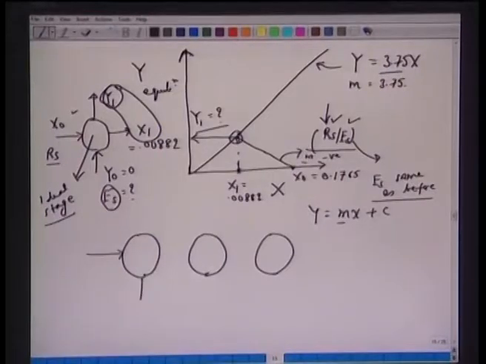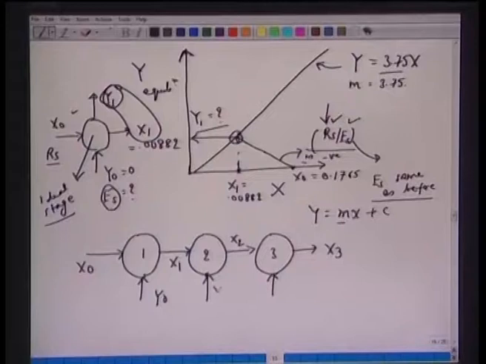So, this is y0, x0. We have y0 and we have this x0. Now, we have stage 1, this becomes x1, this is stage 2, this becomes x2, and we have stage 3, this becomes x3. And in all the stages we bring fresh solvent. So all this y0 is equal to 0,